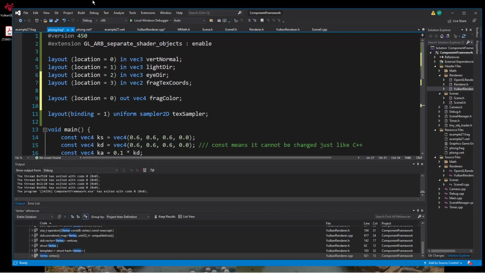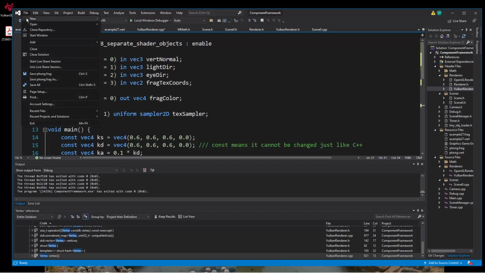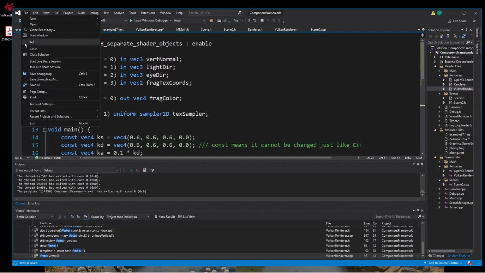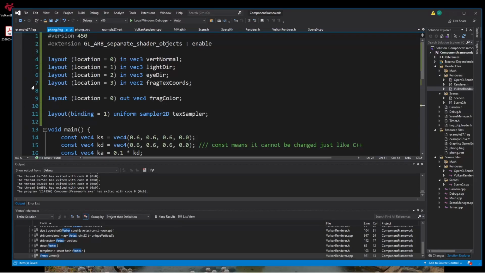Okay. Up here where it says Phong Frag, I see a little star up there. The little star means that we've modified it but haven't saved it yet. So be sure you save it. And I can't emphasize that one enough. In fact, when I'm messing around with the shaders, I like to come up here to File and say Save All, save everything. Now the reason we have to do that,